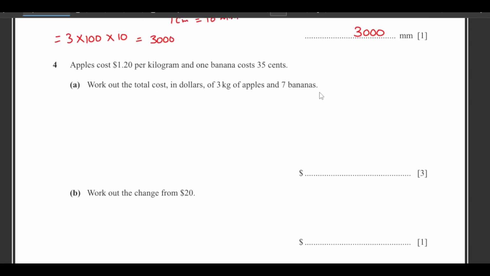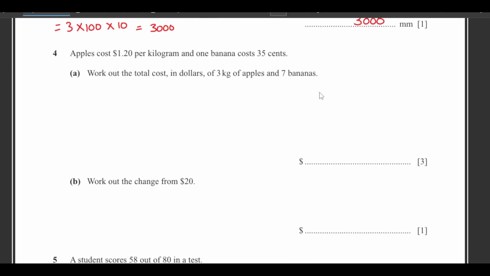Now number 4, apples cost $1.20 per kilogram and 1 banana costs 35 cents. Work out the total cost in dollars of 3 kg of apples and 7 bananas. So 1 kg of apples costs 1.20, times 3, that will be the cost of 3 kg of apples. And then we have 7 bananas, 1 banana costs 35 cents, meaning 0.35